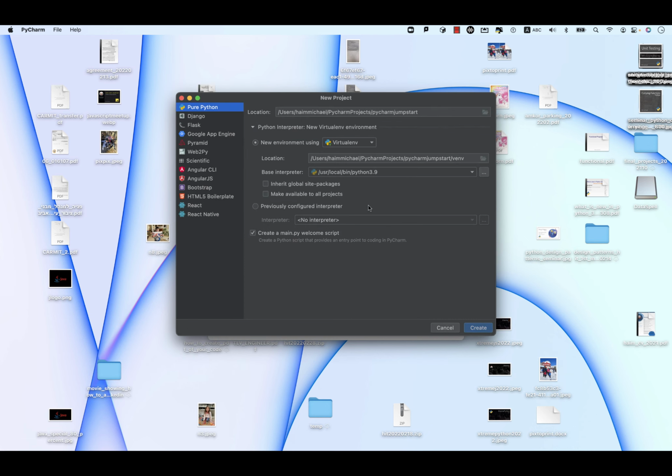Now we have the option to create a new virtual environment for the new project. Make sure we are using the pure Python option. If you are using the professional version, then you have lots of options. If you are using the free community version, then most likely you will have only the first option or maybe a few more. So I can create a new project and have a new virtual environment